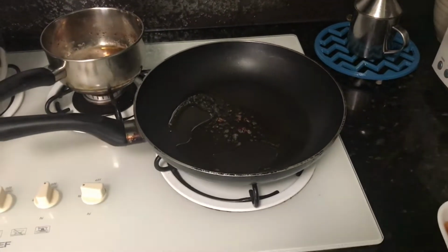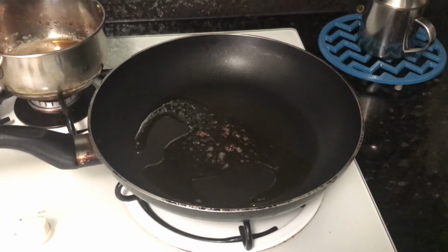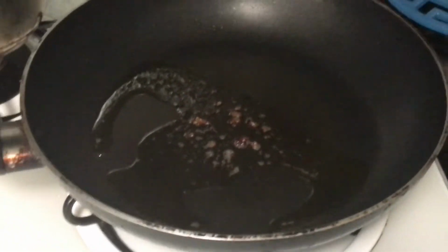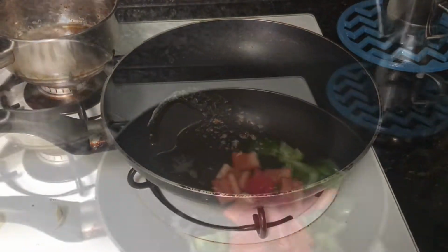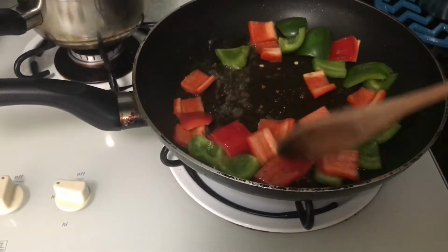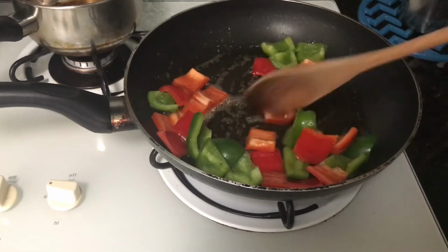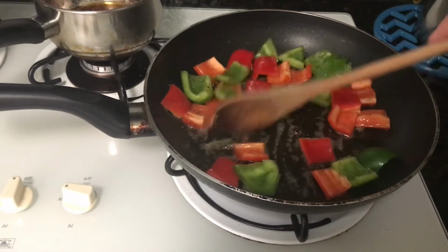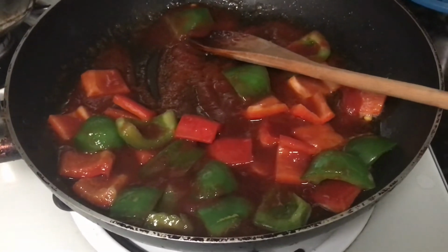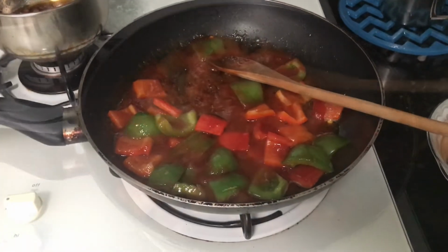So, sa isang pan, gamit yung same oil na prinituhan natin kanina. Ilagay natin yung oil. So, less than a minute, ilalagay na natin yung ating capsicum. And then, once ready, ilagay na natin yung ating capsicum. So, it will take maybe 1 to 2 minutes para ilagay na din natin yung prepare natin na sauce kanina. And then, ta-da! Just put it in a medium fire hanggang para hintayin na mag-boil at saka ilagay na natin